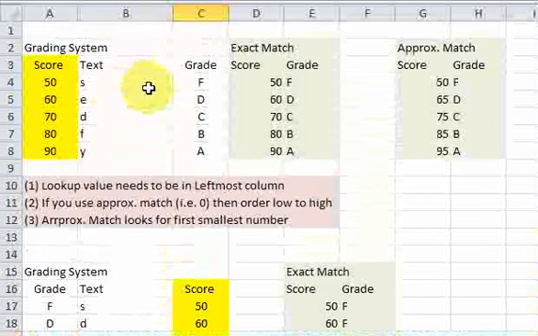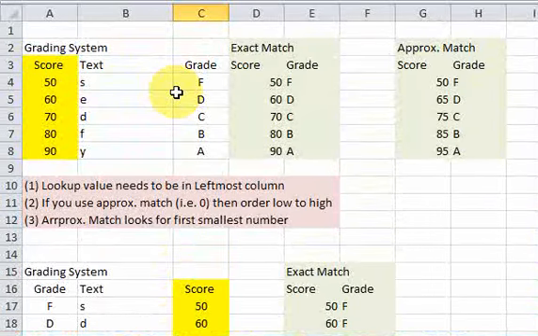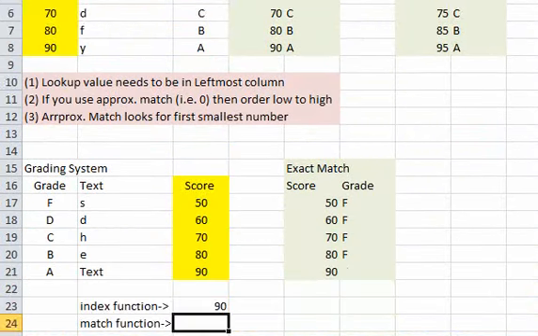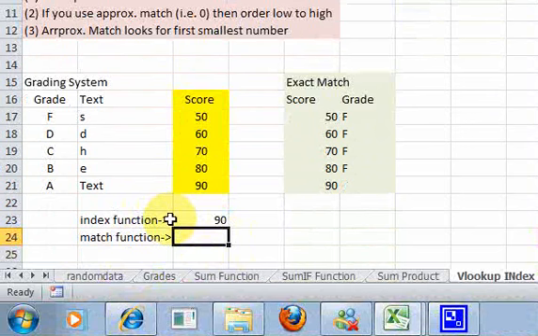Also, one thing you should know is that this is much faster than this. It's much faster. So when you have 1,000,000 rows and you put a VLookup into that, it's going to take a long time. It might crash your Excel, whereas this will not crash your Excel most of the time. I mean, 99% of the time it won't crash your Excel. Okay, so how do we use the match function to solve this problem